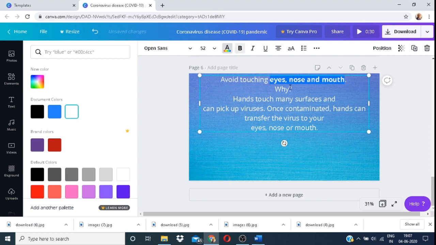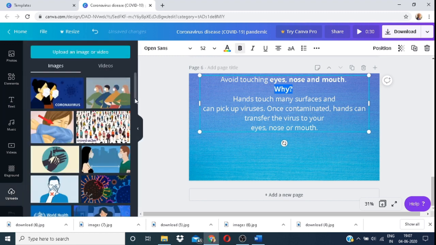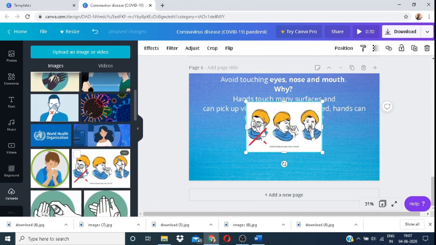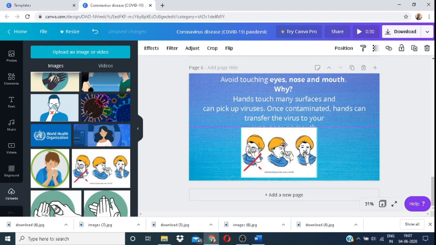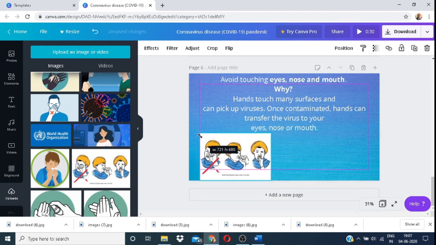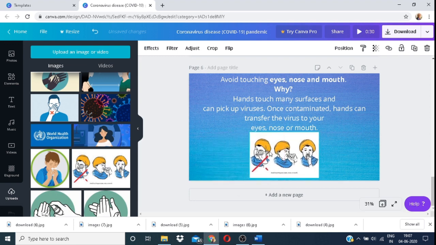Let's bold it. Let's bold our question why, and let's add a picture which says eyes, nose and mouth. So have an appropriate picture ready. I'm going to decrease the size of the picture. I'm going to place it in center. I think we're good to go.